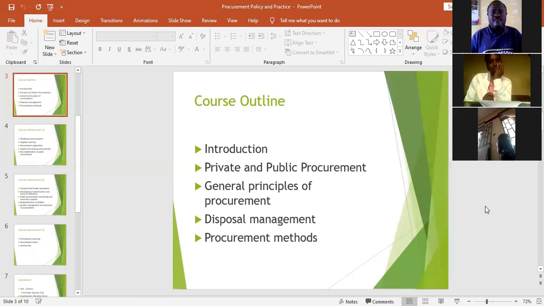If you feel the works, services, or supplies you want are only available from one bidder, like in security, where you feel there is only one person to actually supply you with weapons, then you can use direct procurement.